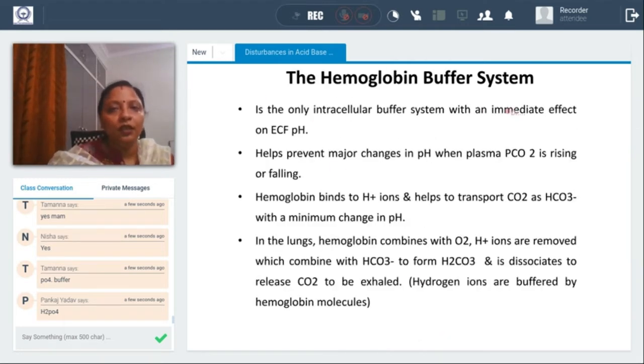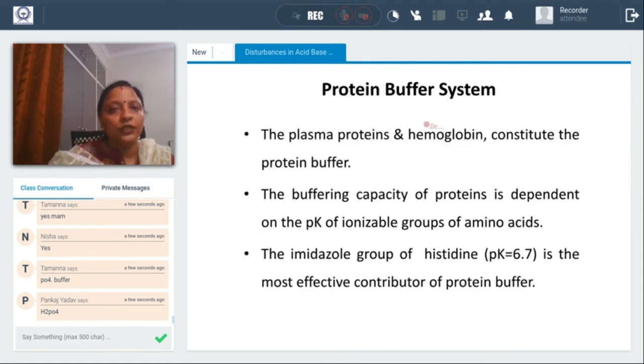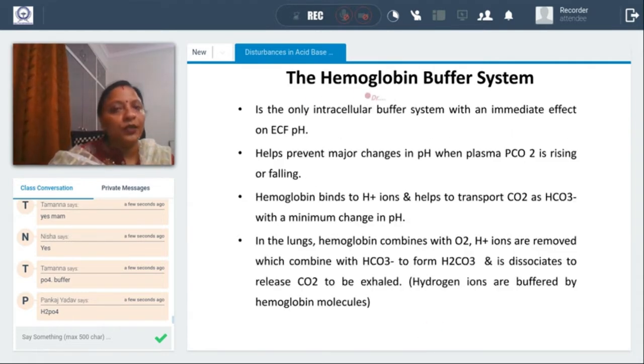Next is the hemoglobin buffer system. As I told you, it includes a protein buffer system. Heme plus globin protein is the only intracellular buffer system with an immediate effect on ECF pH. It helps prevent major changes in pH when plasma PCO2 is rising or falling. Hemoglobin binds to H plus ions and helps to transport CO2, as you all know, as HCO3 minus with a minimum